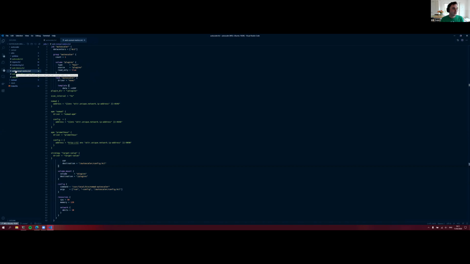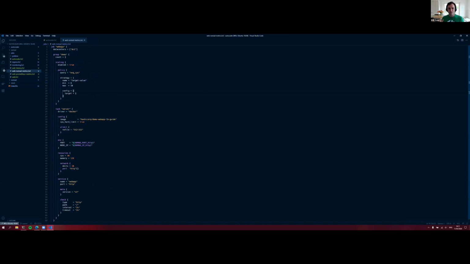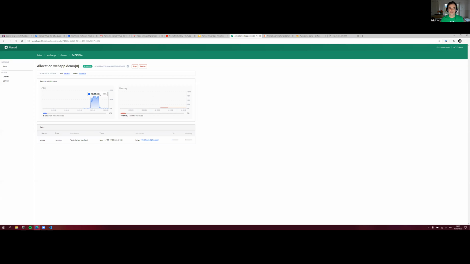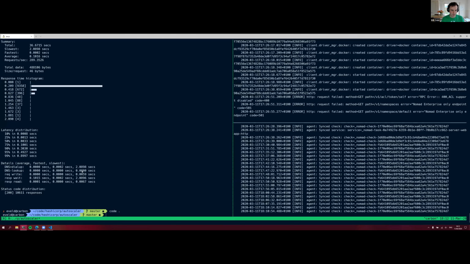Okay, so let's grab that first example that I had in my slides and start scaling on the average CPU load. So we're going to grab the average CPU load from our Nomad metrics, and we want the load to be a maximum of 1 per instance, right? And if we take a look back at here, we can actually see that we're generating way more load than 1. So let's submit this new job.